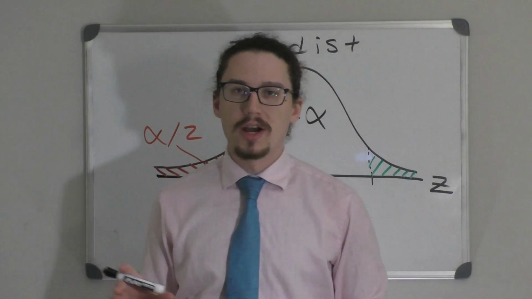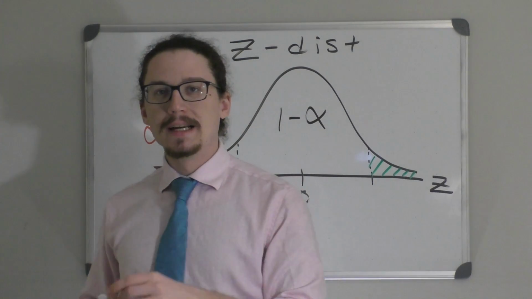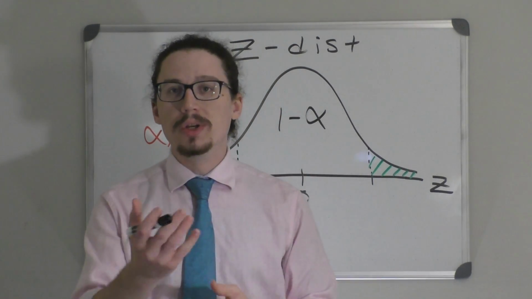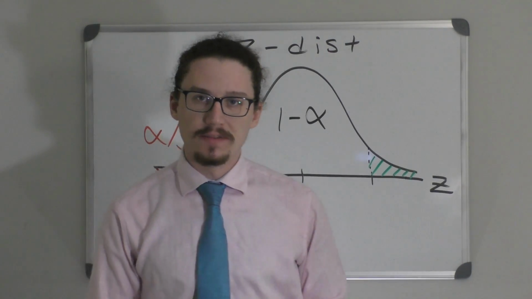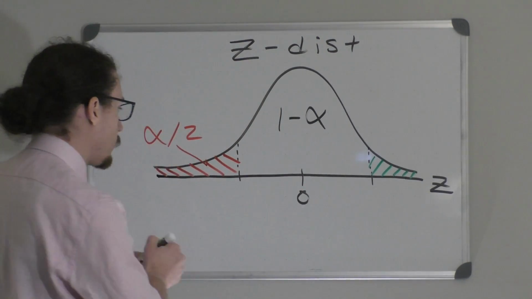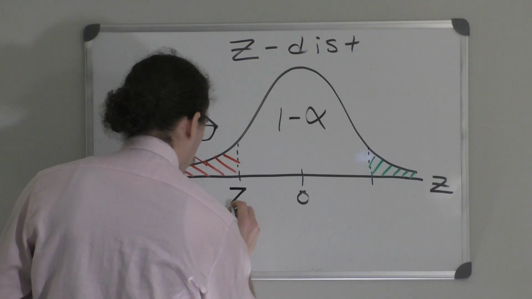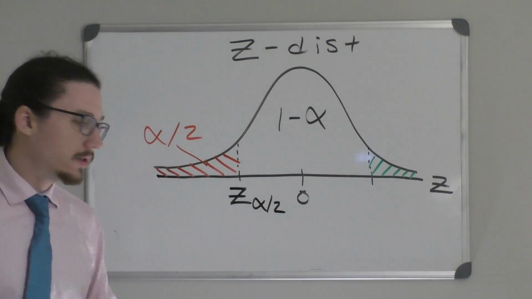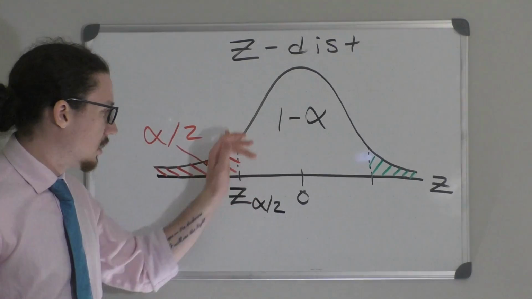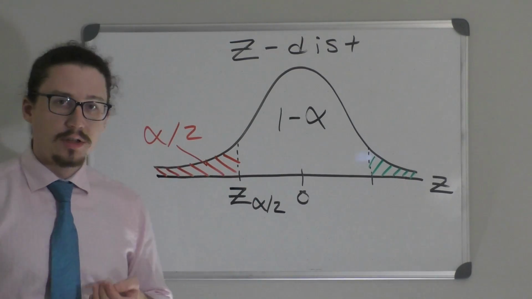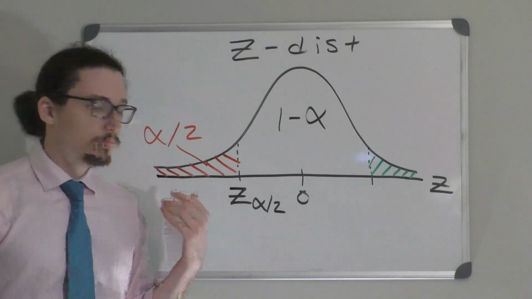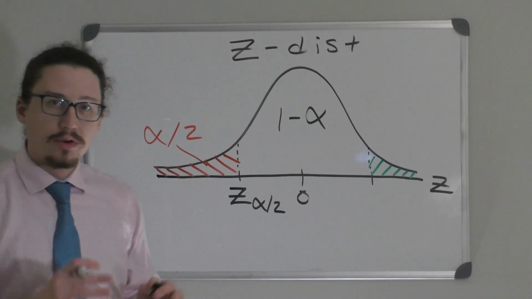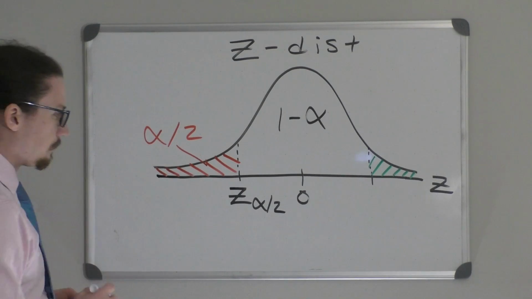Our standardized upper bound, our standardized lower bound, they are going to be tied to a z-score, right? If we had actual numbers and we were able to plug them in, we would get a specific value, we would get a specific z-score. We're going to notate the z-score that's sitting here for our lower bound as z alpha divided by 2. Right? The reason what this means